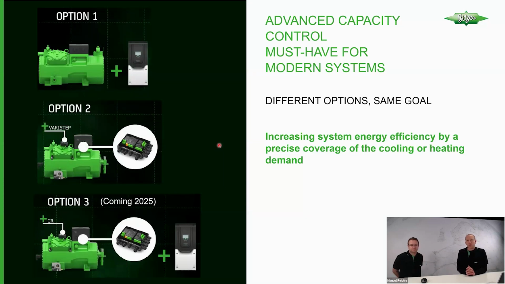I don't think there is a clear winner; there are advantages and disadvantages for using inverters. There are advantages and disadvantages possibly for using VARISTEP, with being able to go down to 10% being a clear advantage, of course. And option 3, what we show here, is a combination of both, and that is also coming next year, I guess, the best of both worlds, right? Mechanical capacity control in combination with the inverter. That is also something that I will